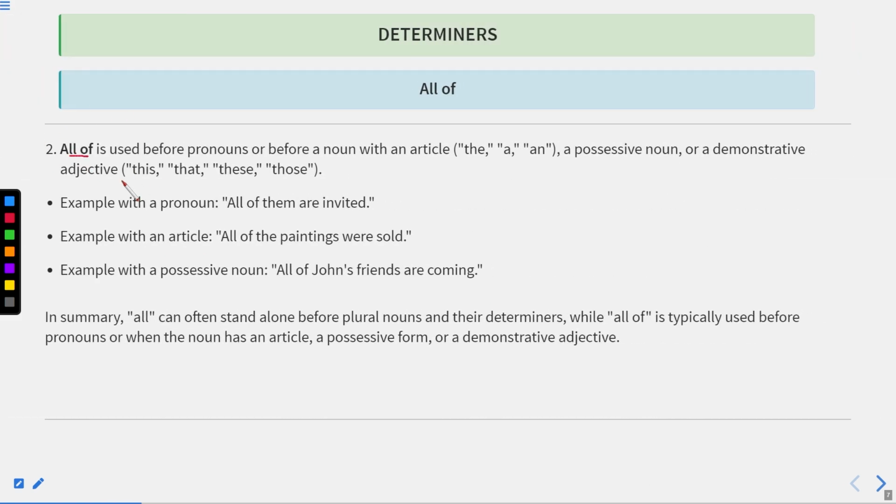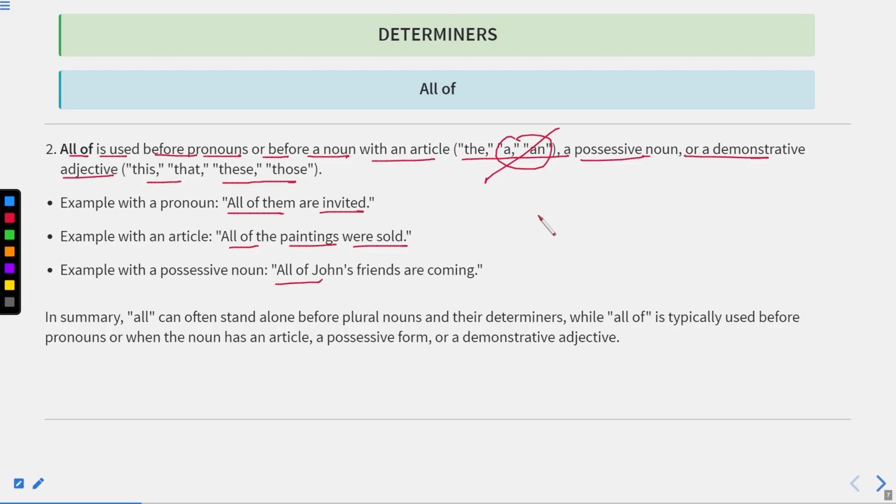Now we can also use a phrase that is all of. All of is used before pronouns or before a noun with an article the, a, or an, a possessive noun or a demonstrative adjective like this, that, these, those. For example, all of them are invited. All of the paintings were sold. All of. Now we cannot use a or an because